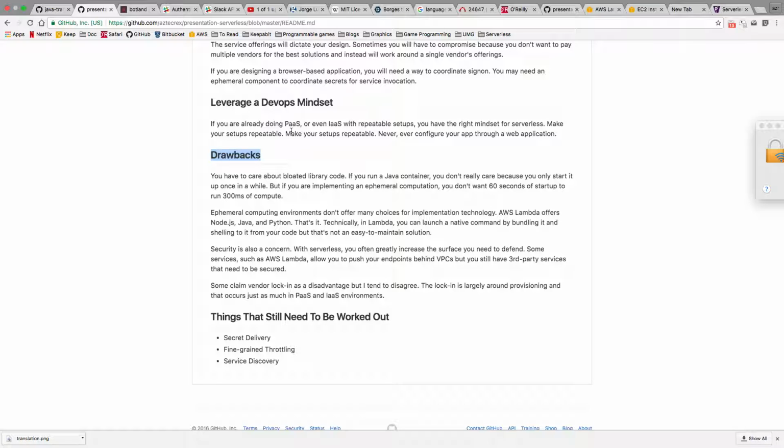Node the same. The lock-in is largely around, and it doesn't matter whether you're IaaS, PaaS, any of these types of services, the management infrastructure in these kinds of services. They all have their own way of provisioning, their own APIs for getting stuff provisioned and managed. That's where the vendor lock-in is, and it doesn't matter whether you're doing Lambda functions or spinning up VMs. It's their proprietary API to spin those up. So I don't think it's any different lock-in problem than any of the lock-in problems we already have, right?